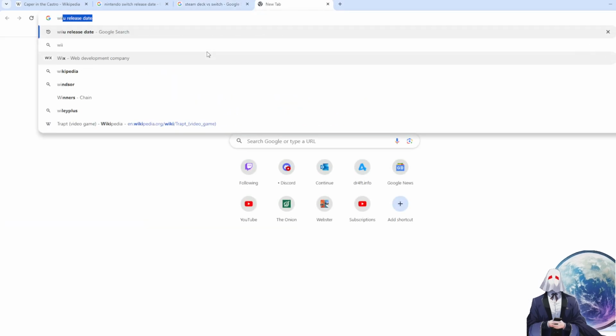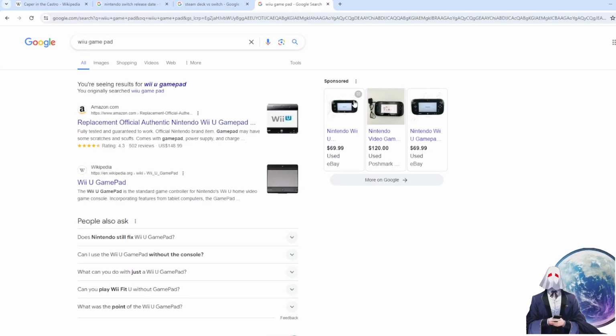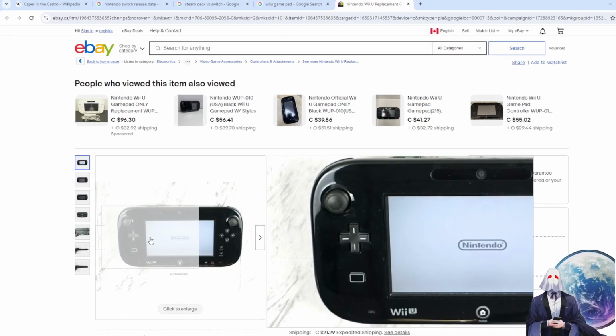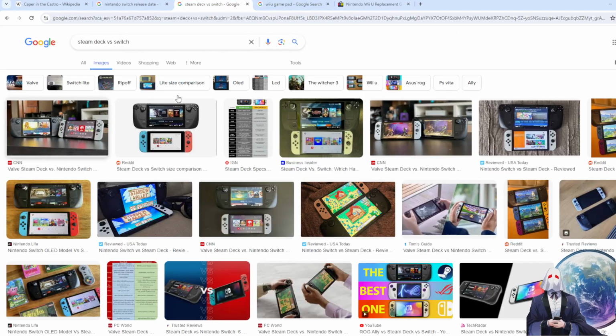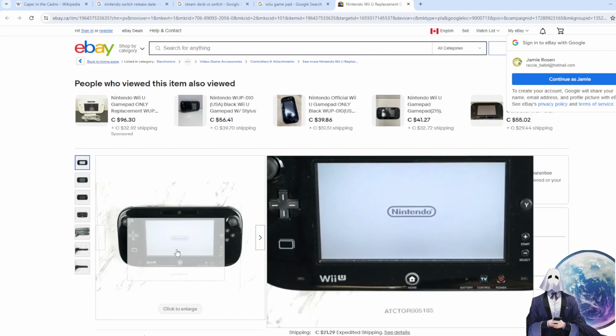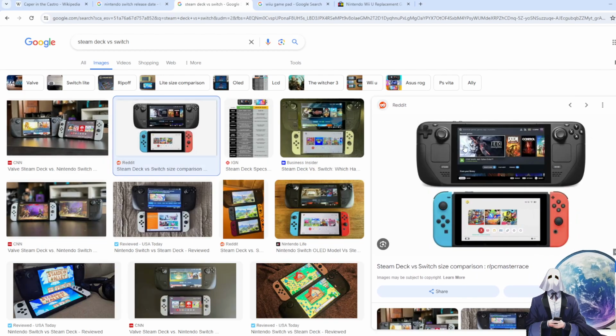Well, that kind of is what the... what would you call it? Wii U gamepad? Like, if you look at that, that is basically the Steam Deck. Right? Just look at that, and then look at the Steam Deck. Pretty much the same design. Yeah, Game Gear is similar, but Game Gear, I think, has a slightly smaller footprint.